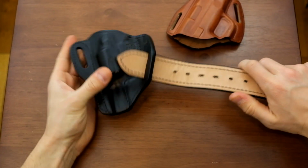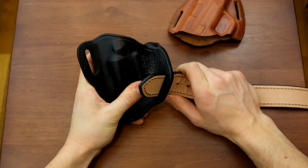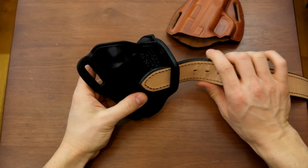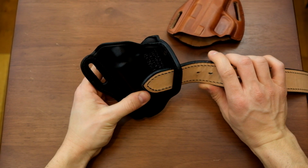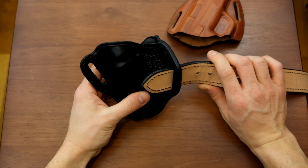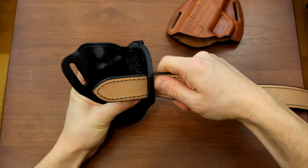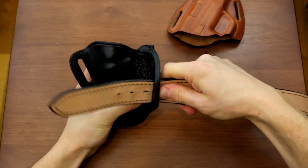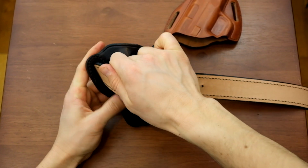Let me just not catch that on the tripod. So it fits. However, it fits as if it were going straight out of this hole. Now, because all holsters have their holes for the belt cut at an angle, math, geometry dictates that they need to be a little bit longer because they won't really be the right size when they're